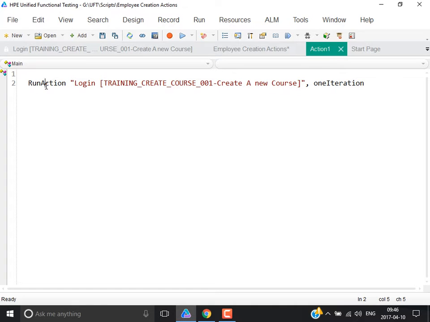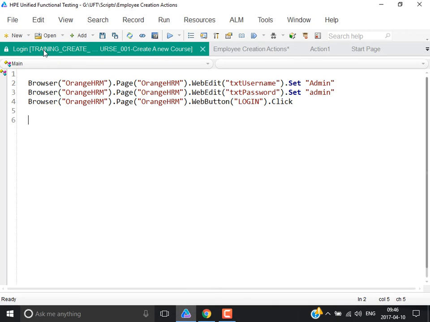Why only admin credentials? Now if you look at that, see the username and password have been hard coded here. The username and password have been hard coded. Now if you have hard coded the values like that, then what will happen? Whenever you call it,